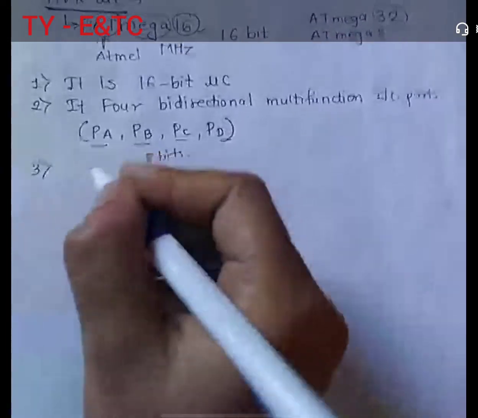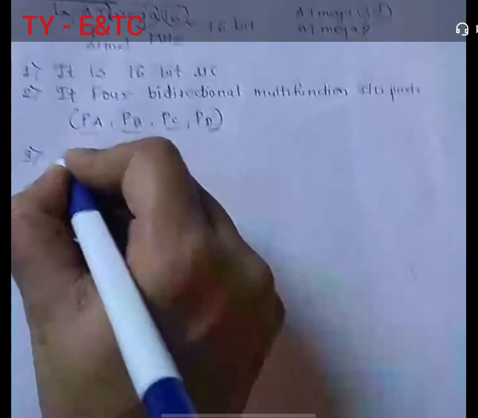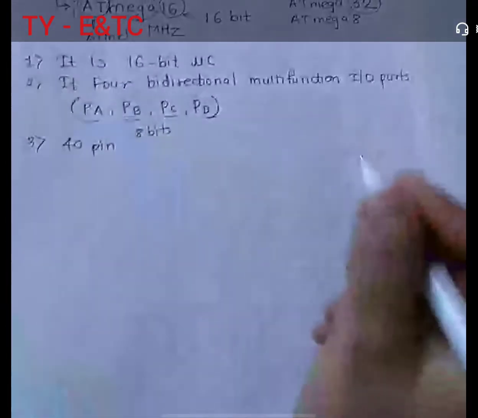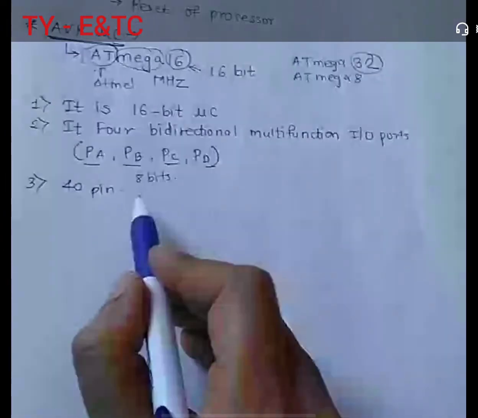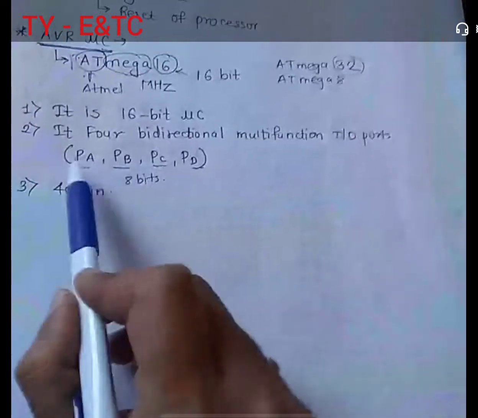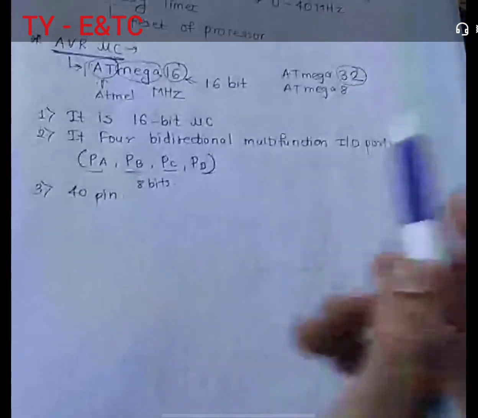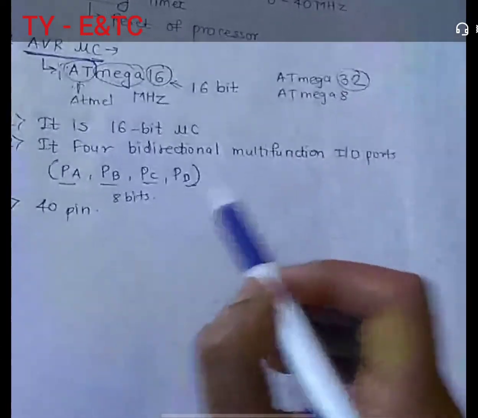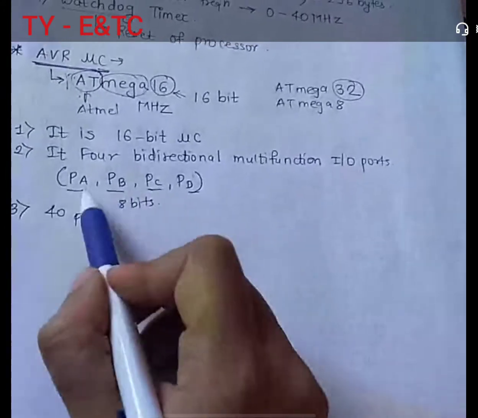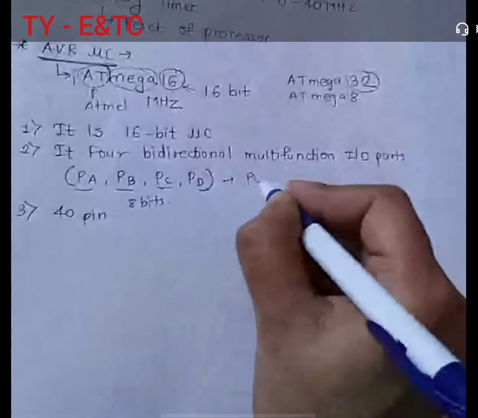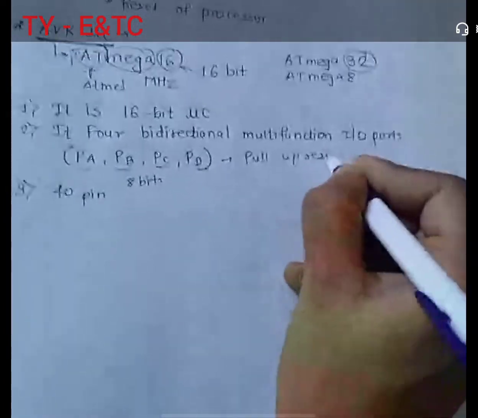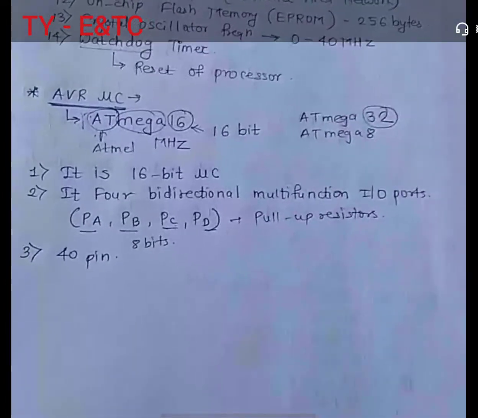This ATmega 16 microcontroller is again a 40 pin IC, similar to the others which we discussed now. It is a 40 pin IC. So we can say 8 plus 8 plus 8 plus 8, like that 32 pins can be used for bidirectional input output ports. Now one more advantage in this is that each and every port, that is PA, PB, PC and PD, is having pull-up resistors. Do you know what are the pull-up resistors? In 89C51 we are having P1, P2, P3, P4.